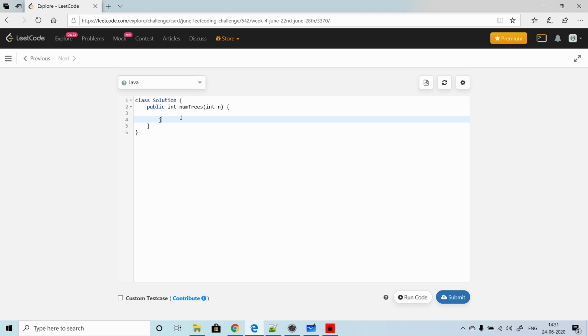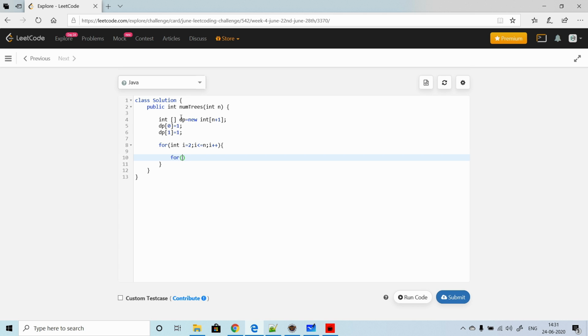Now let's first define our dp array. Integer dp is equal to new integer, and length we will keep as n plus 1. Let's first initialize the initial state is equal to 1, and dp of 1 is also going to be 1. Now let's write down the outer loop: integer i is equal to 2, i less than or equal to n, i++.